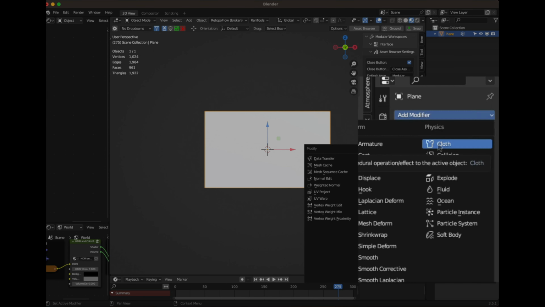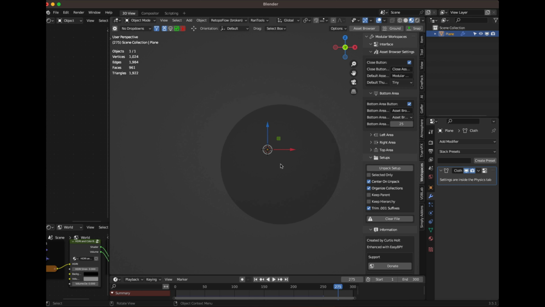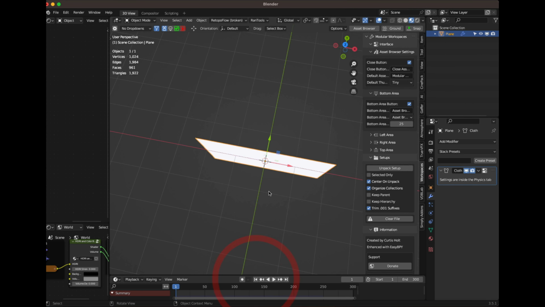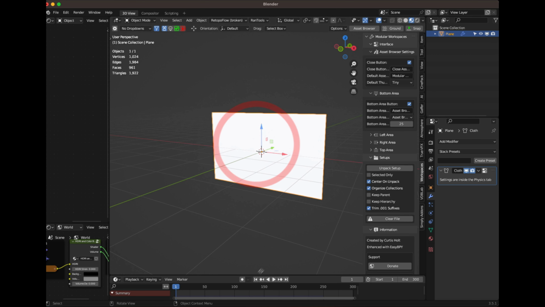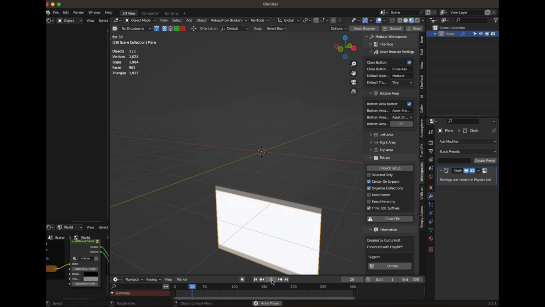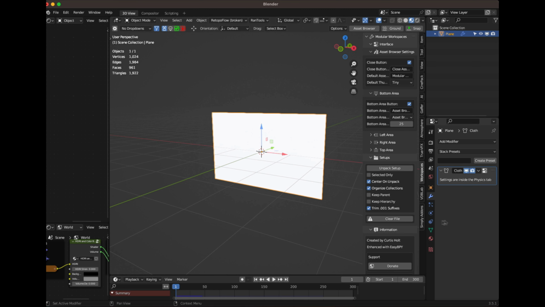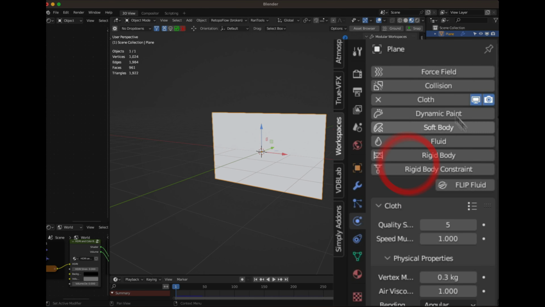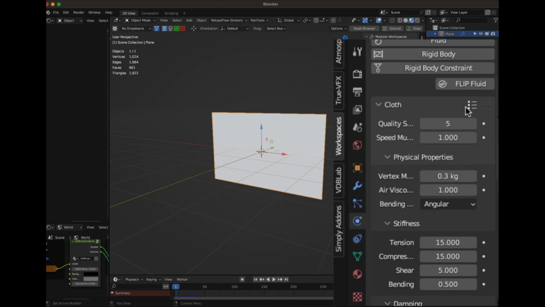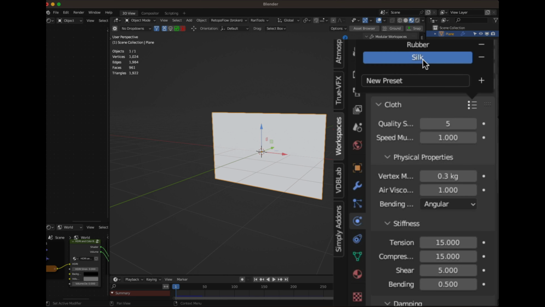plane cloth and apply this cloth simulation. We can see that we have our flag, and if we press play, the flag falls because it's a simulation. So we are gonna go to the physics tab, and here in the physics tab we're gonna go from the beginning and say it's silk,